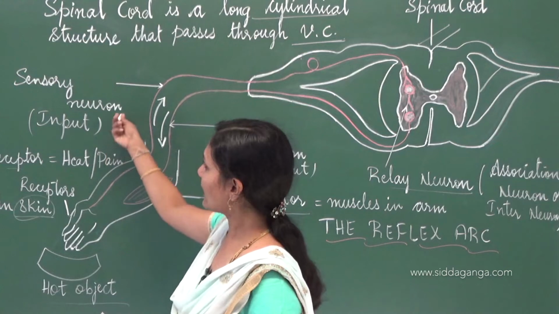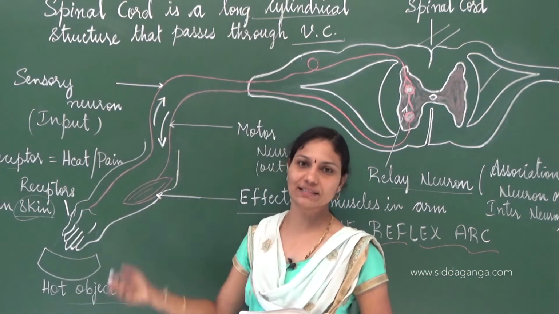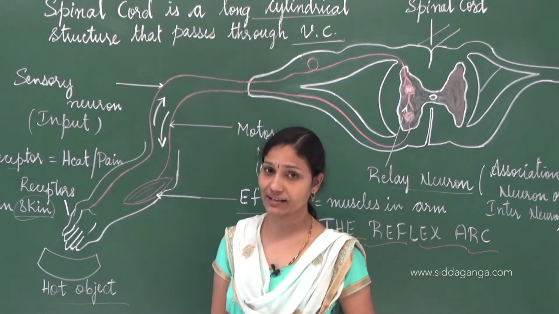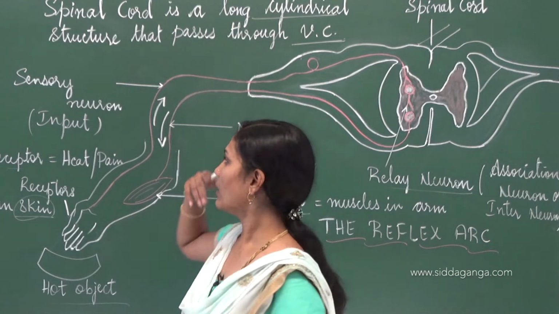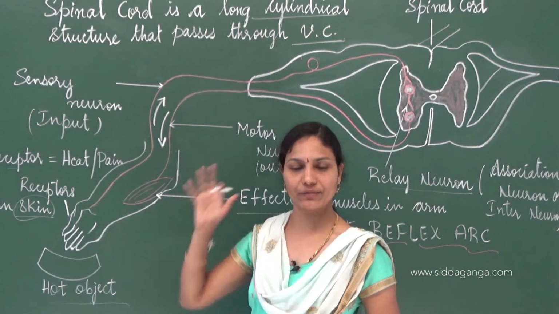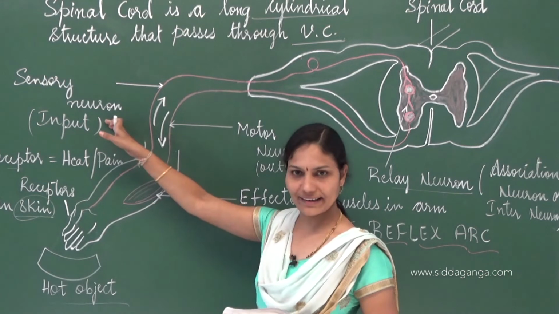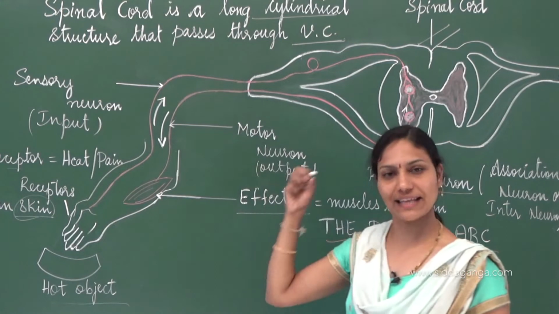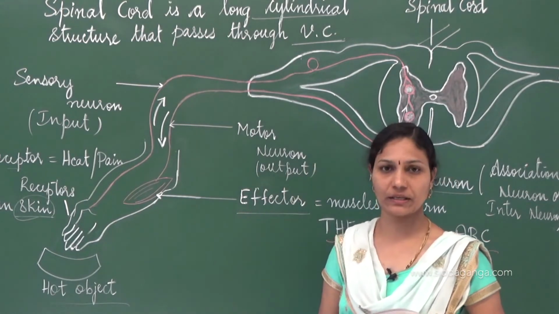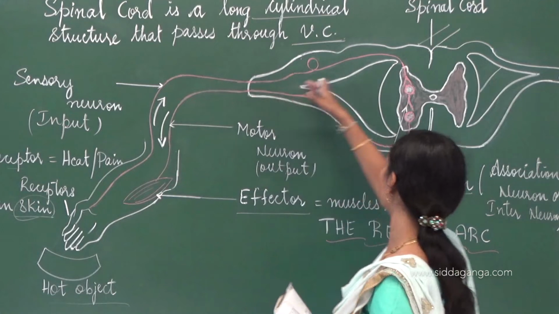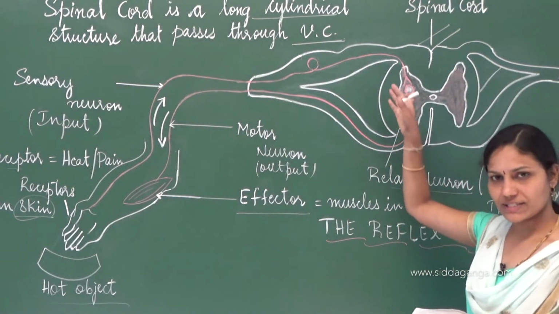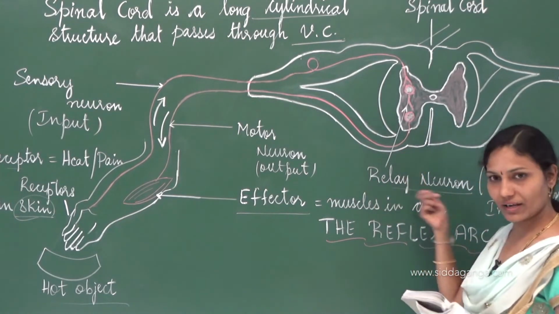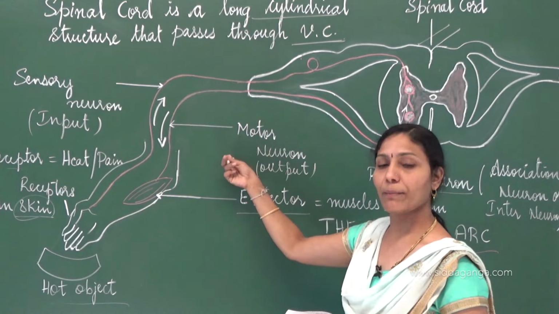So finally the sensory neuron receives these signals indicating a very bright light is focused on the eyes. The sensation of bright light being focused on the eyes is carried as input to the sensory neuron, and sensory neurons carry the impulses containing the information. The nerve impulses are carried to the relay neuron, to the spinal cord or CNS, the central nervous system. From the relay neuron, the information is transmitted to motor neurons.